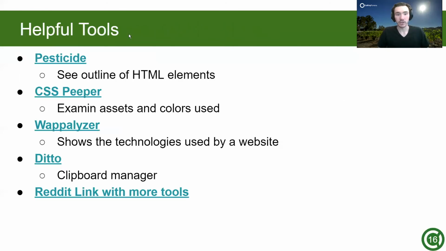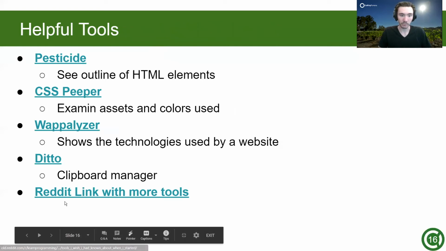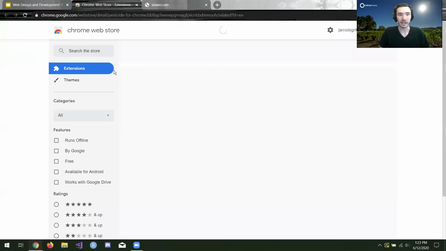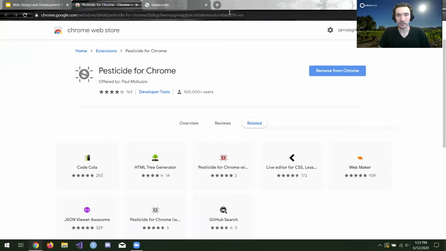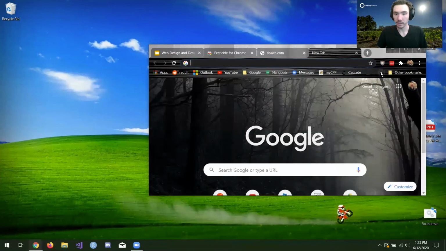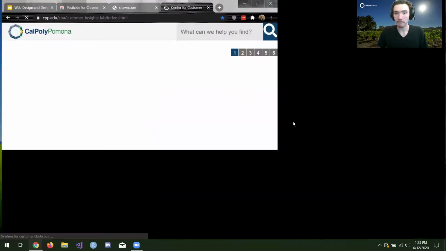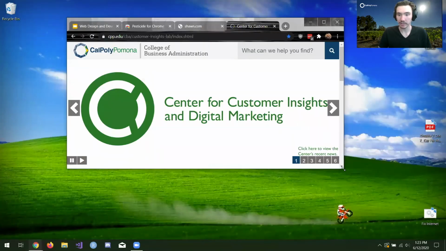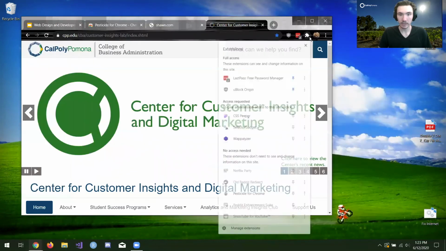All right, so during this process, I found some very helpful tools that I'd like to show you guys. So these are just links to the Google Chrome store. So let's try them out really quick. So here is Pesticide. Let's run it on the website. I'm gonna have to make it smaller so I can see. So Pesticide,